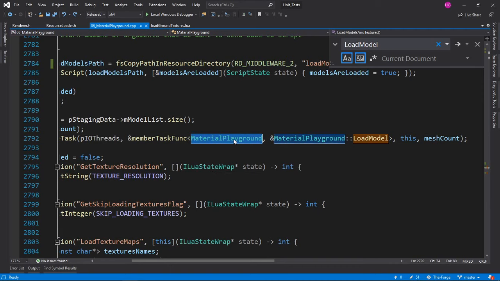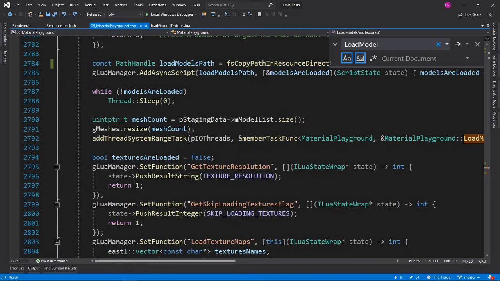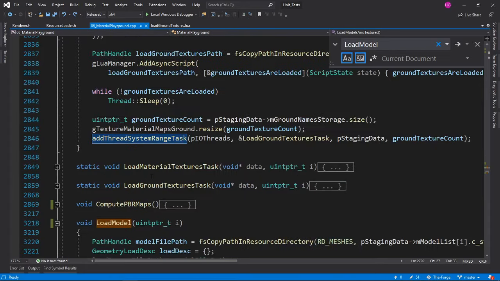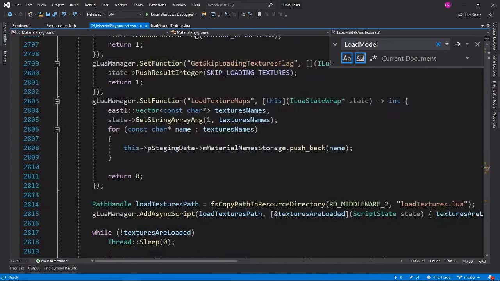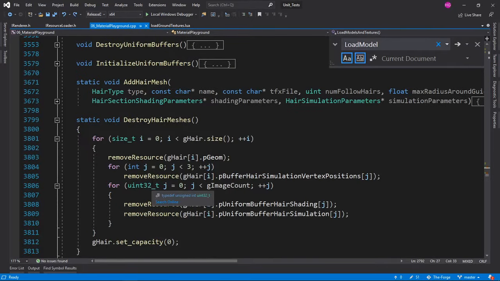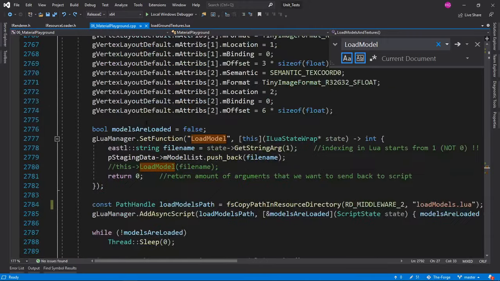It's interesting that this is not a pointer type, but this is. What the system range task? Interesting. Yeah, interesting stuff here. I don't know what they're doing there. I don't really care much about what they're actually doing here. Sorry. So that is why I'm just skipping over it. I want to get to the fun stuff, not loading meshes. So yeah, that is the reason I'm skipping over these.